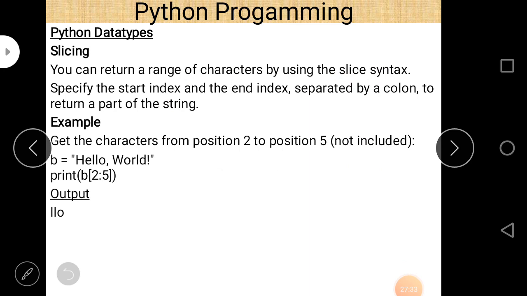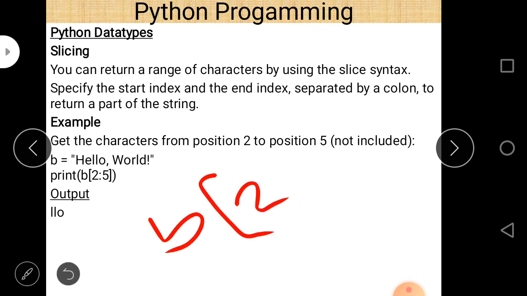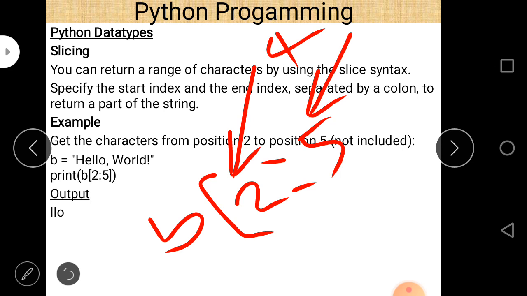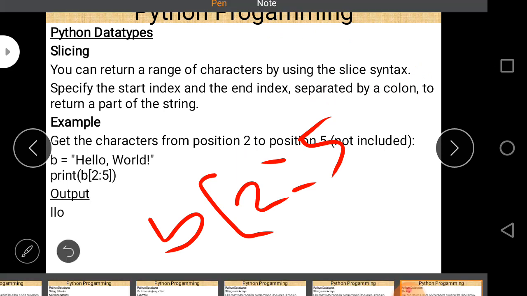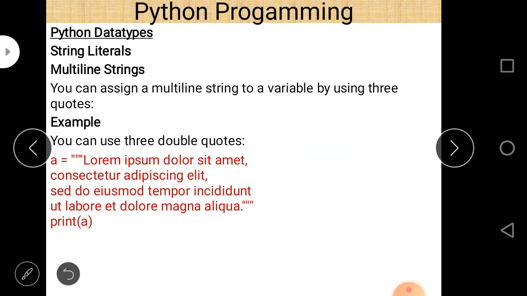Now string slicing. Slicing is also possible. This is for an individual element, but suppose b is "Hello, World" here and you write just b[2:5]. This is slicing, with a colon sign and then 5. Then slicing starts from index position 2 and goes up to 4, meaning n-1. The last element is not included at all. So we can see that here the string is hello world, and space is also considered a character or part of the string.